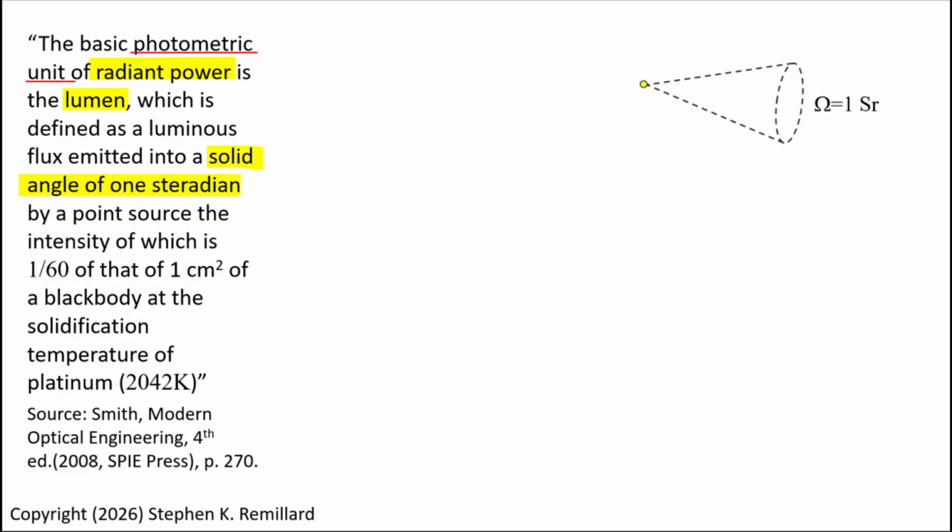The thing about intensity is that it only really makes sense when it describes light coming from a point source. The light that this point source sends into this 1 steradian cone is the same quantity of light that the hypothetical melting platinum sends into a hemisphere by black body radiation. Well, divided by that factor of 60, which roughly equated the candela to the English candle power. So the light going into the cone from the point source times 60 equals the light coming from the black